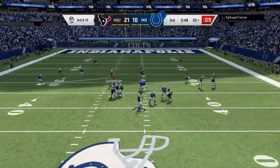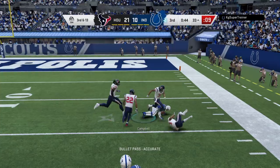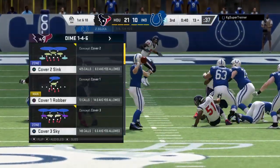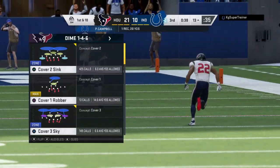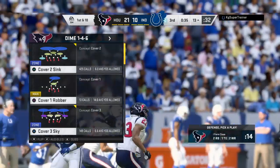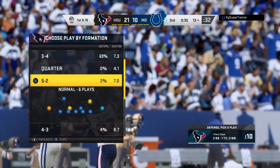Fire. Now on 3rd and long, they'll look to throw. Got an open man. That's Campbell. And he's going to be taken down with another first down as the stop's made at the Texans' 13-yard line. That's another Colts first down. 1st and 10 at the 13-yard